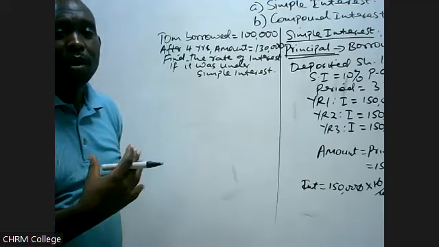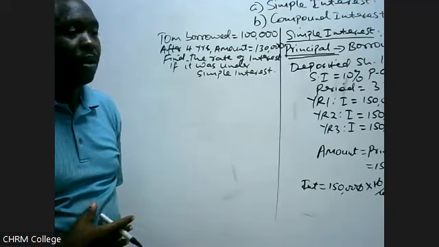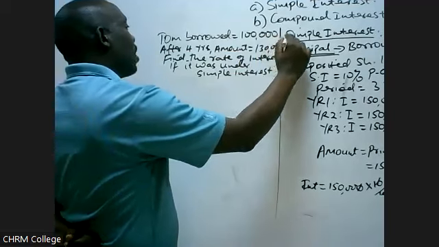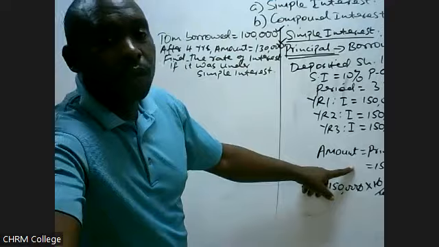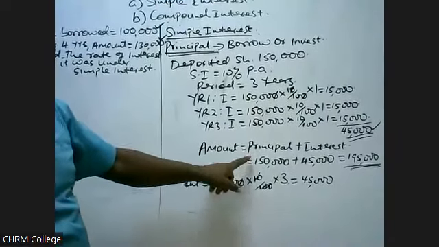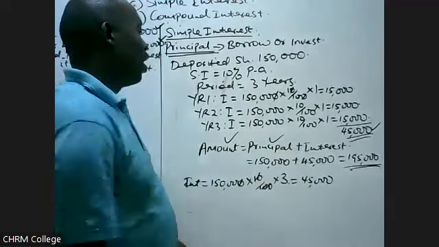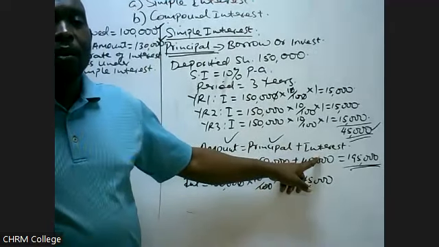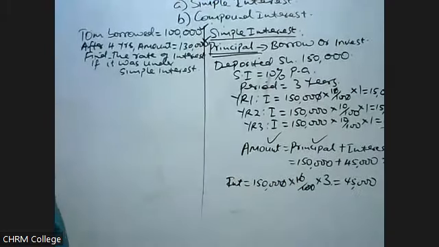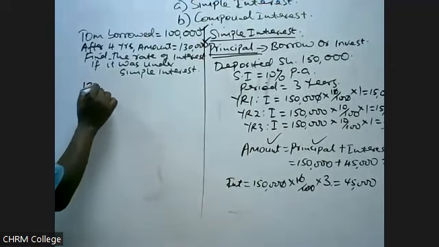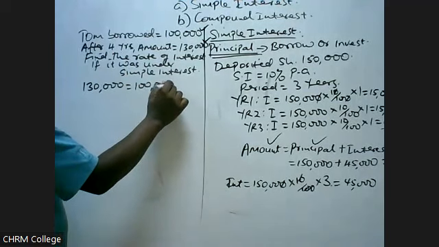So you need to play around with what you are given and what we are trying to find out. If you are given the amount and the principal, using this equation, remember we said amount is principal plus interest. In this case, we are given amount and principal, so we are able to determine the interest. Because we know the amount that was used to clear the loan is 130,000, which should be equal to the principal that was borrowed, 100,000, plus